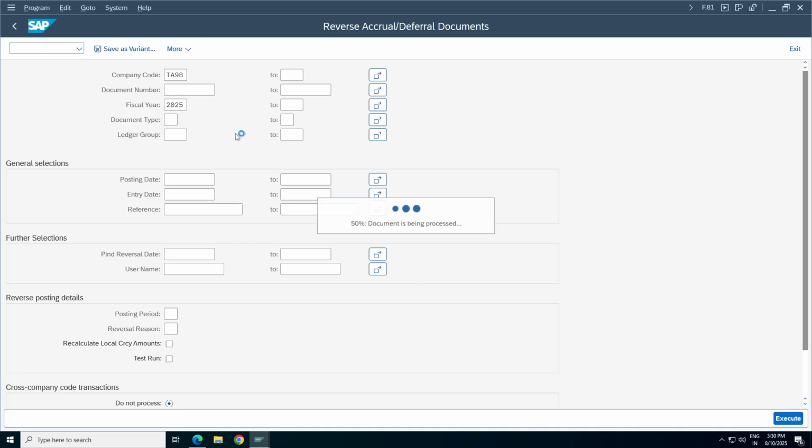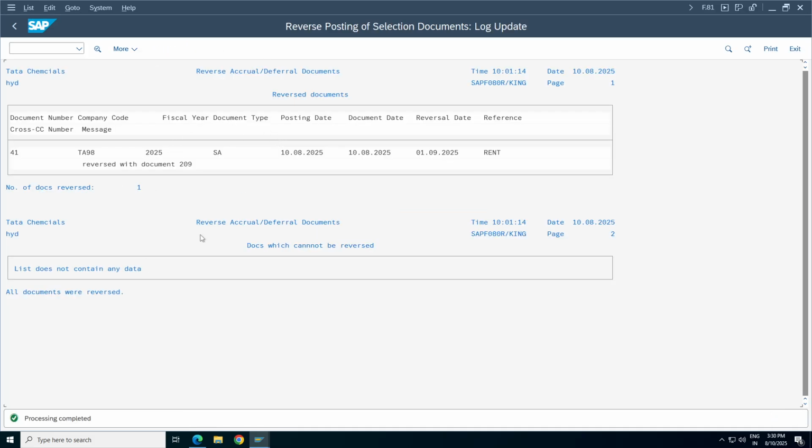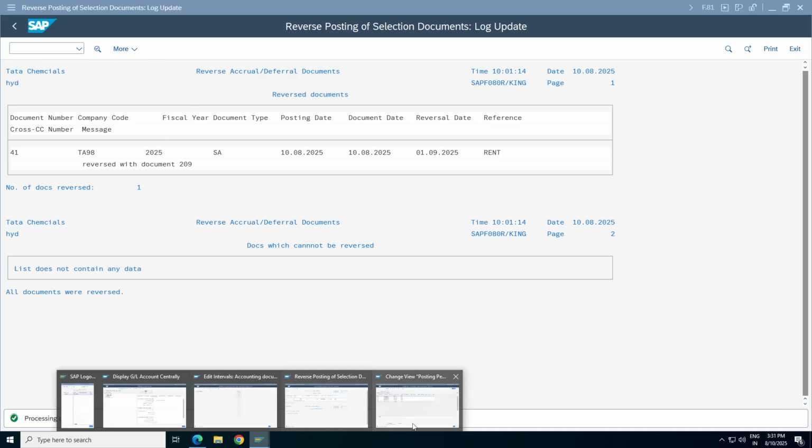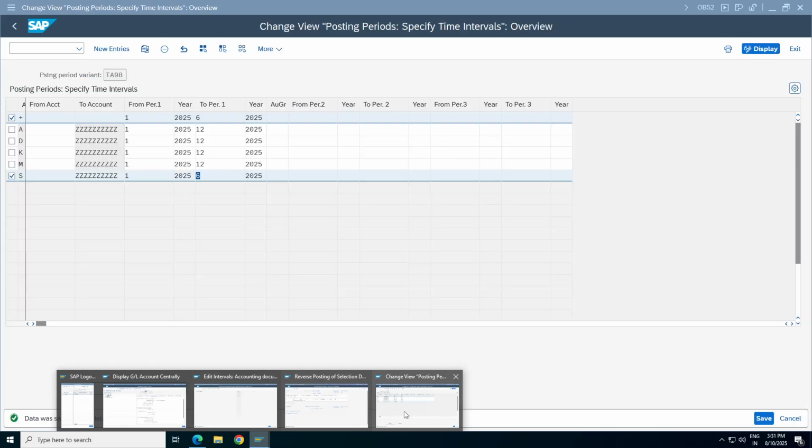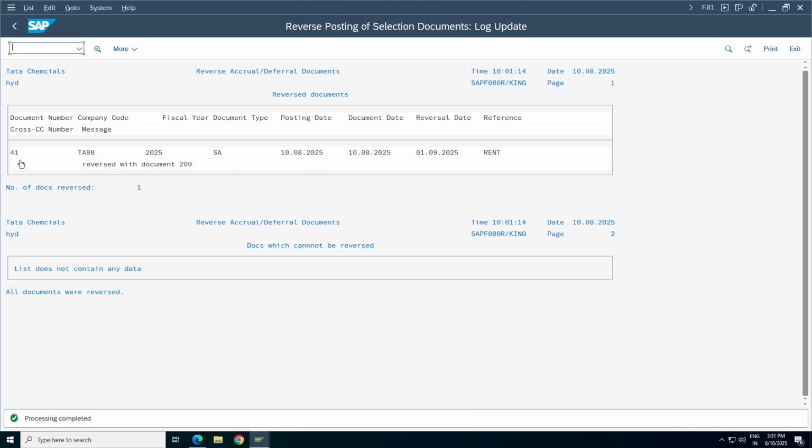Or this can be created as a job, so every month on the first date. Processing completed. Yes, this has been done, sir. Go back to the document and you can check. Here itself you can see 41. Double click, 209.